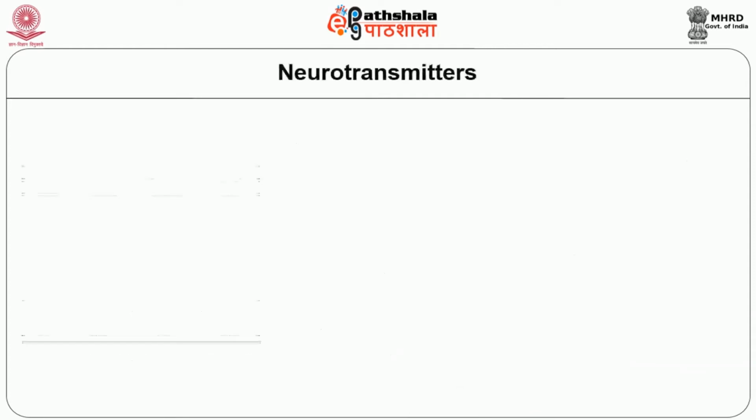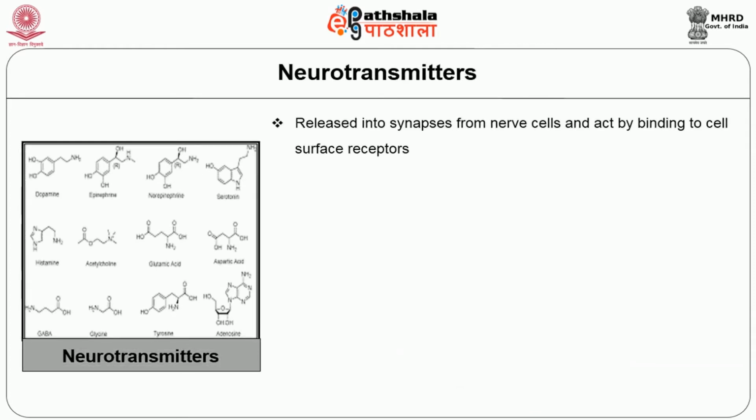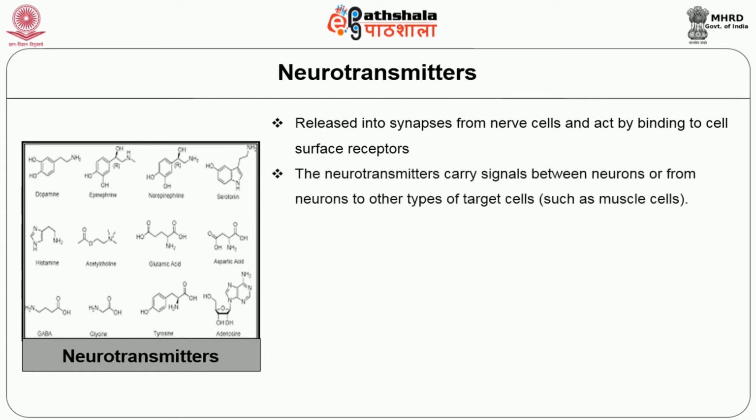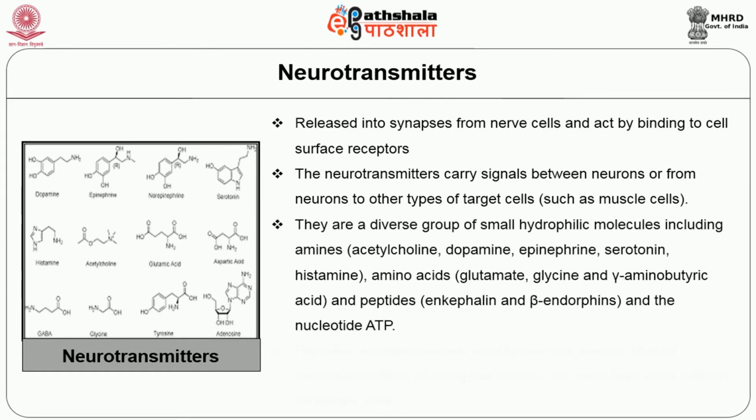Next one is the neurotransmitters. They are released into the synapses from nerve cells and act by binding to the cell surface receptors. The neurotransmitters carry signals between neurons or from neurons to other types of target cells like muscle cells. So there is a diverse group of small hydrophilic molecules, which is shown in the figure, that includes amines like acetylcholine, dopamine, epinephrine, serotonin, histamine, and amino acids like glutamate, glycine, and gamma aminobutyric acid, and peptides like enkephalin and beta endorphins,